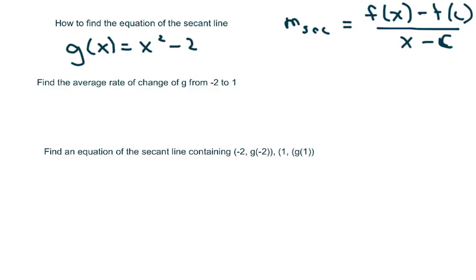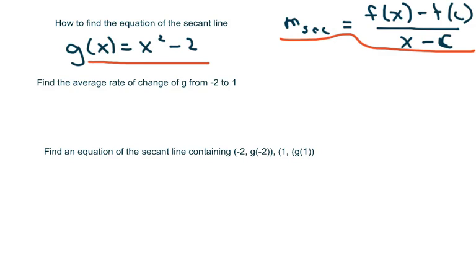Hi everybody, we're going to find the equation of the secant line. This is your formula. And basically, this is our equation, and we want to find the secant line to this quadratic equation. So the first thing we're going to do is find the average rate of change, which is given